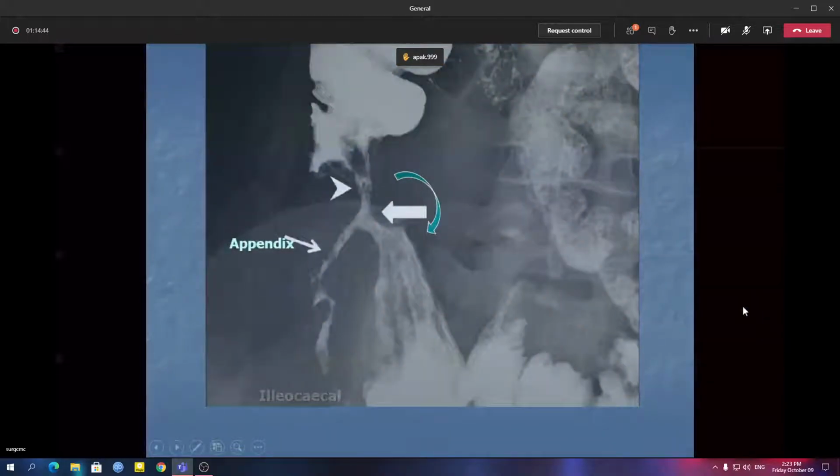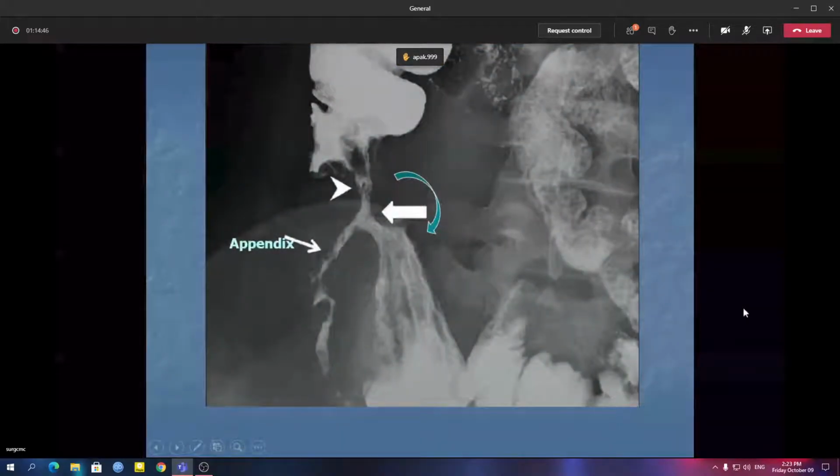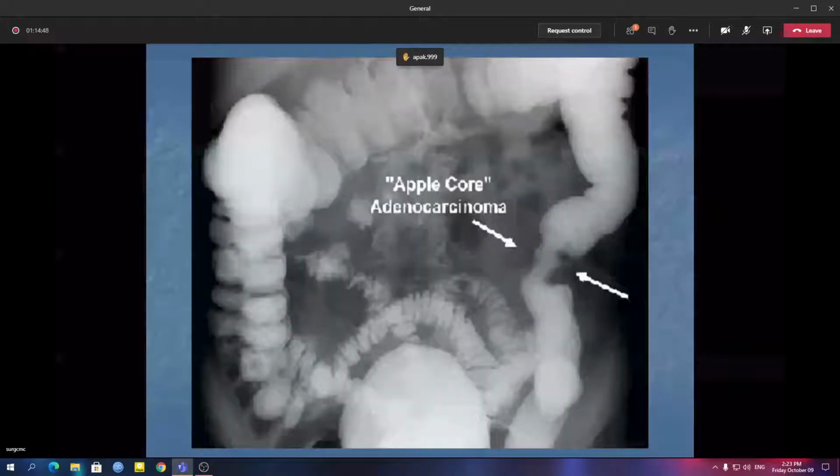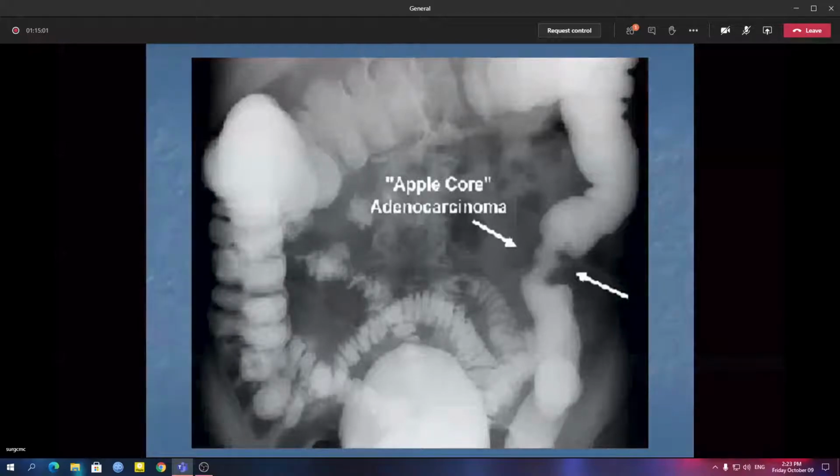So can we comment through radiology it is adenocarcinoma or what? Most probably apple core lesions are actually pathognomonic of carcinoma colon. There are other pathologies in colon definitely which do not give this kind of pictures. There are a few pictures I will show, different kinds of things. Apple core lesions are classical in case of carcinoma colon.